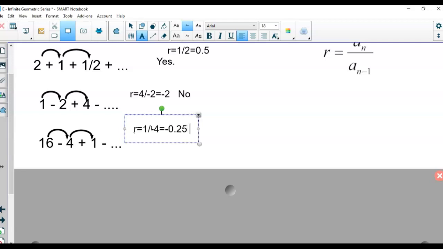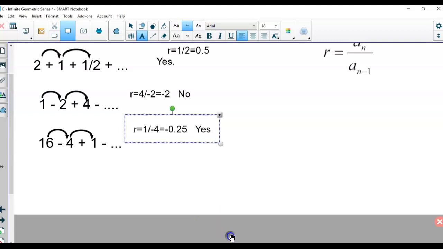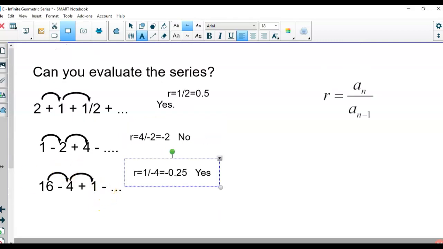Okay, can we evaluate this infinite geometric series? Yes, we can. Why can we? Well, because the common ratio's absolute value is between 0 and 1. So the absolute value of -0.25 is 0.25, okay? So yes, we can evaluate it. Now,